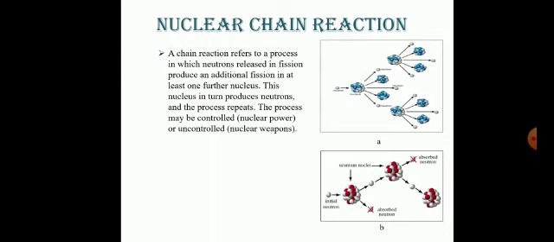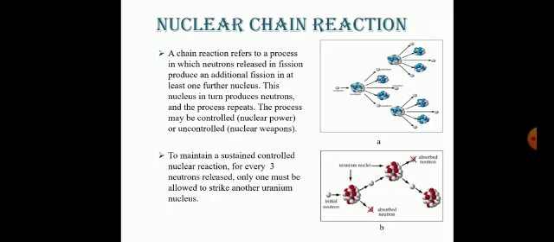From figure A, we can see that when a neutron strikes the uranium nucleus, we get the 2 lighter nuclei and 3 neutrons. These 3 neutrons again strike the uranium nucleus. Again, we get the 2 products, smaller lighter nuclei or 2 fission products, and 3 neutrons, a lot of energy. This process continues, and this reaction becomes the chain reaction, and it is the uncontrolled chain reaction.